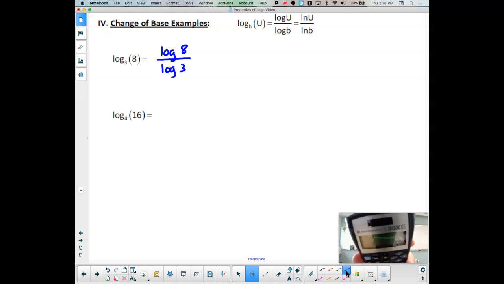Oh, too big of a glare. Trying. Too big of a glare. But they have to close off a set of parentheses. So when you close off that parentheses first and then divide it by the log of 3 and you close off the parentheses again, then you get approximately